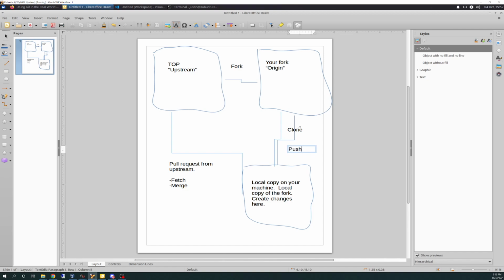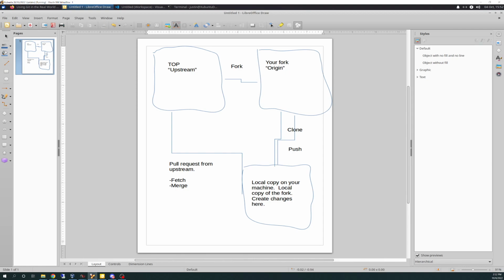So that other line I just made basically represents the push back up to your fork, and this gets your fork up to date. And then after that's done, in the next instance, right after that, you will then go here